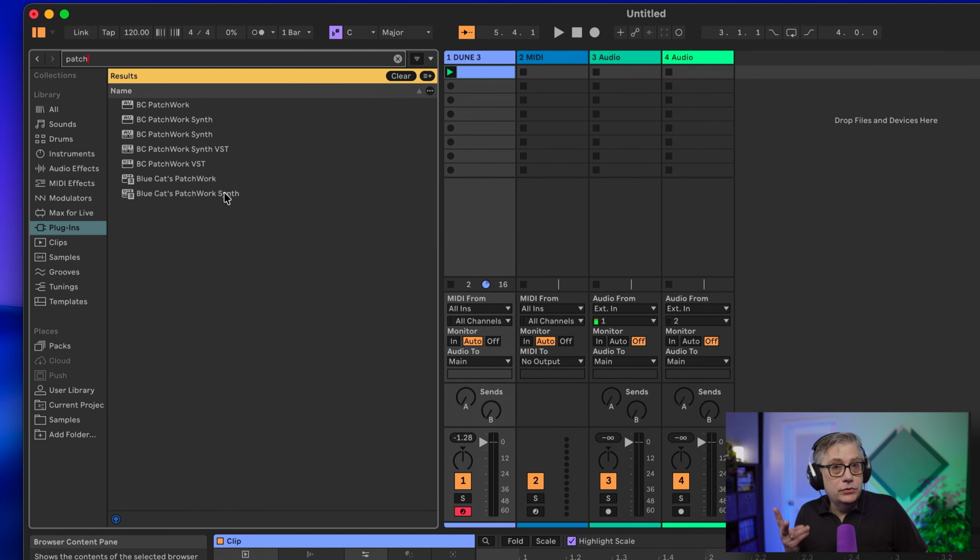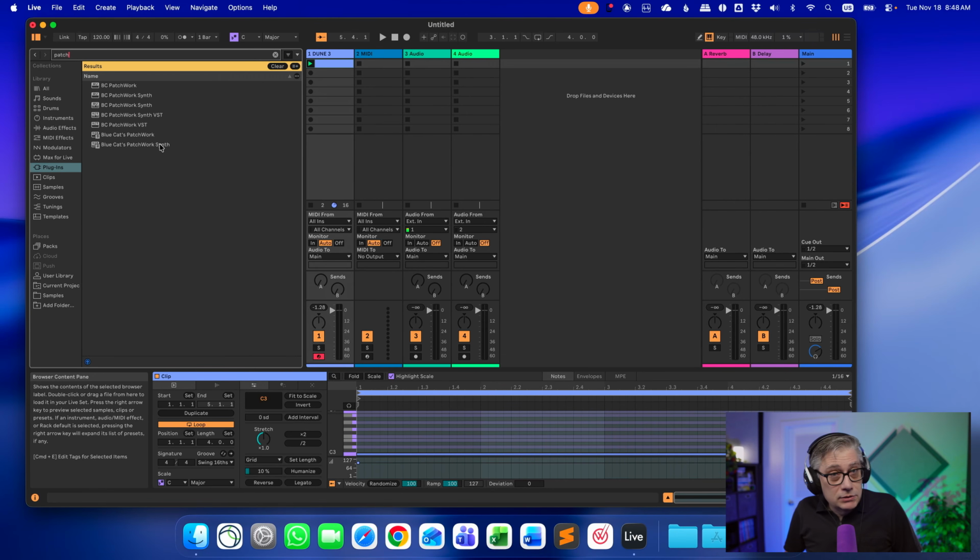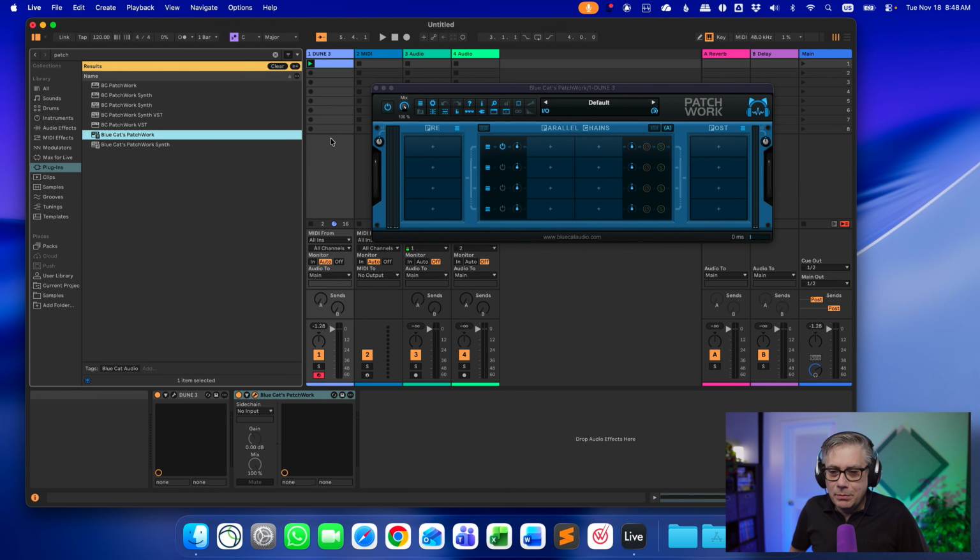Now, Patchwork comes in 2 versions. One is the effects plugin and one is the instrument plugin. And unfortunately, the effects plugin has a bug. We're going to actually see that bug, and that bug really hinders us in using the plugin in any meaningful way. But we will see that the instrument plugin works fine. So my hope is that Blue Cat Audio will fix that bug in the effects plugin soon. By the time you're watching this, that might no longer be the case. But for the purpose of this video, let's just add the VST3 version of the effects plugin to our track, and this opens up Patchwork.